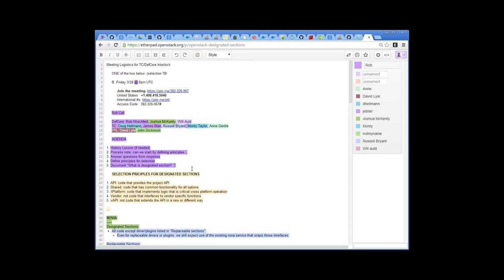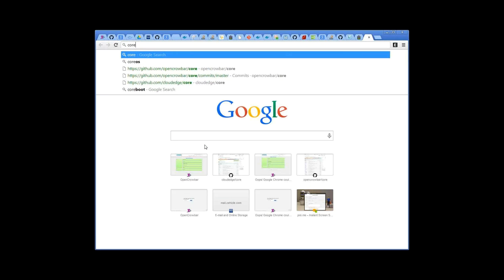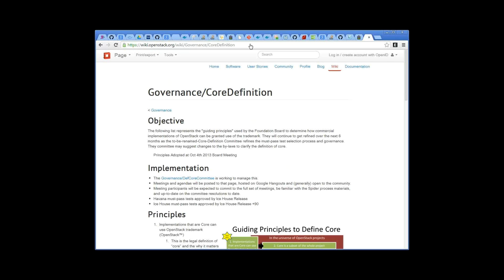Anybody comments on process? Does the agenda seem reasonable? It looks reasonable. Okay. Does anybody feel a need for a history lesson? I probably need to do one anyway, briefly. I've looked through a bunch of the old stuff, but it certainly wouldn't hurt me. I would appreciate a brief one, yes. I would as well. Okay. I'm happy to do that, and let's start there.